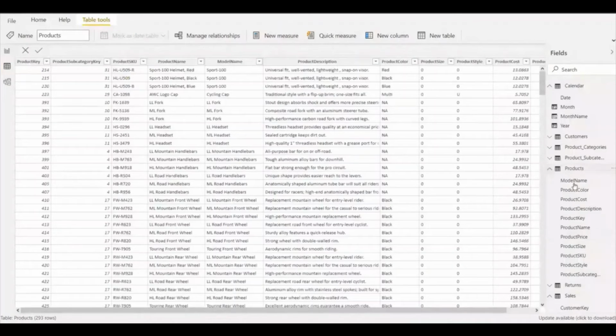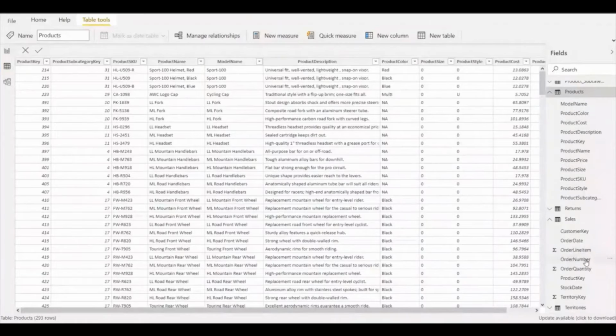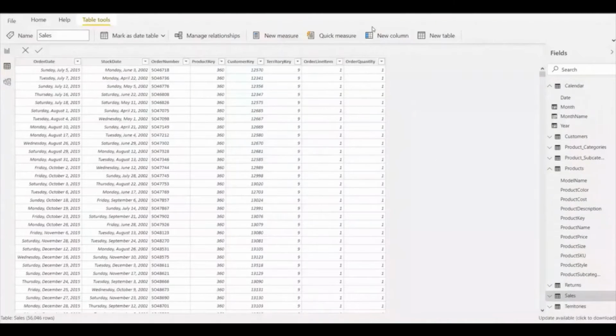So here we're going to see an example of a DAX calculation using the relationship, by calling the price from the product table. Let's go back to the sales table, where we want to create a new column to show our sales amount.